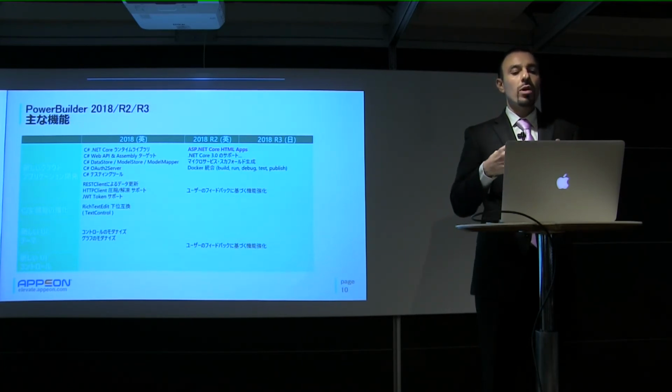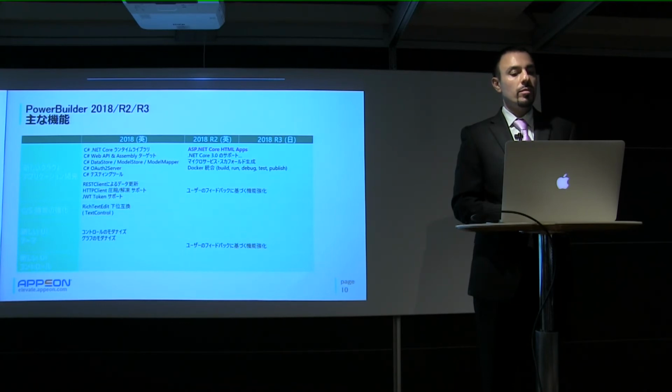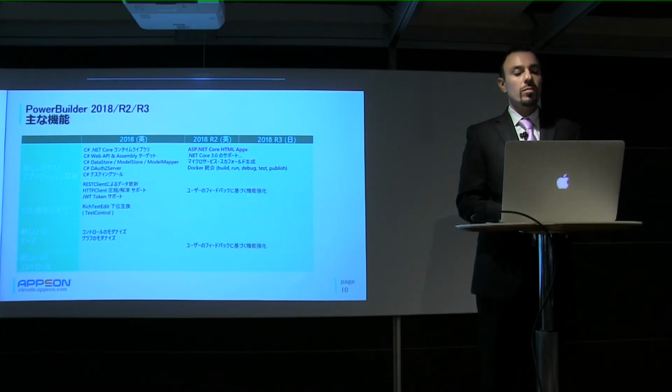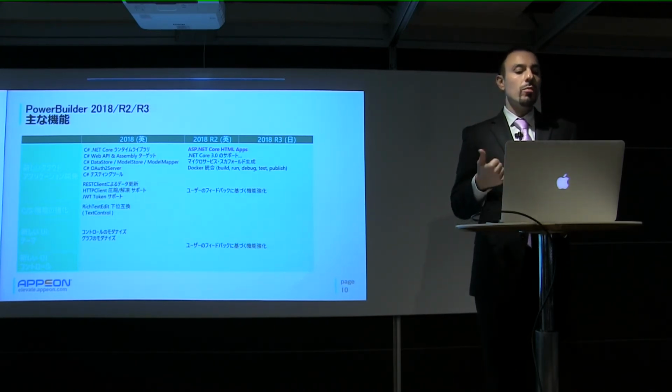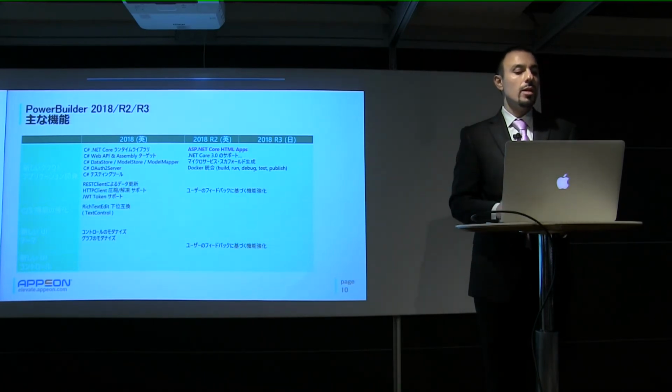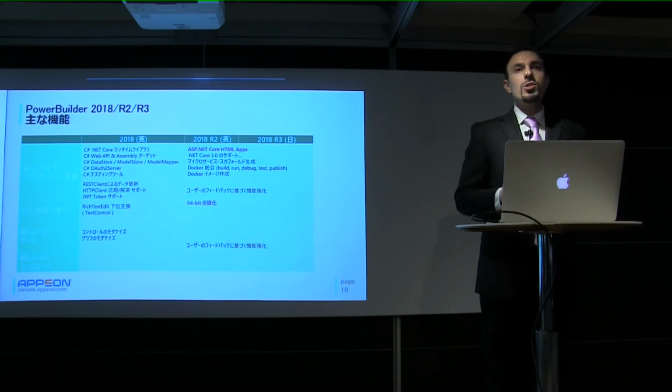So we're going to integrate one of the leading container solutions, Docker. さっき申し上げたようにマイクロサービスは必ずコンテナの中にデプロイしなくちゃいけないんです。で、我々は今現在もすでに非常に人気の高いコンテナの一つ、Docker というコンテナを提供する予定です。 From the PowerBuilder ID, you'll be able to build, run, debug, test, and publish Docker images. で、新しい ID からこういう Docker イメージを Build, Run, Debug, Test, Publish 全部できるようになります。